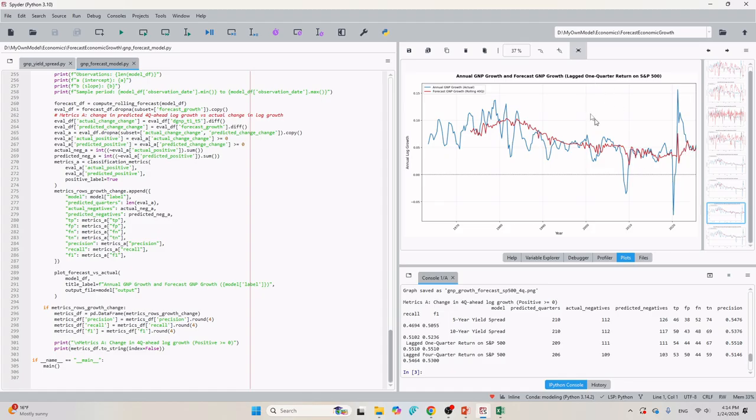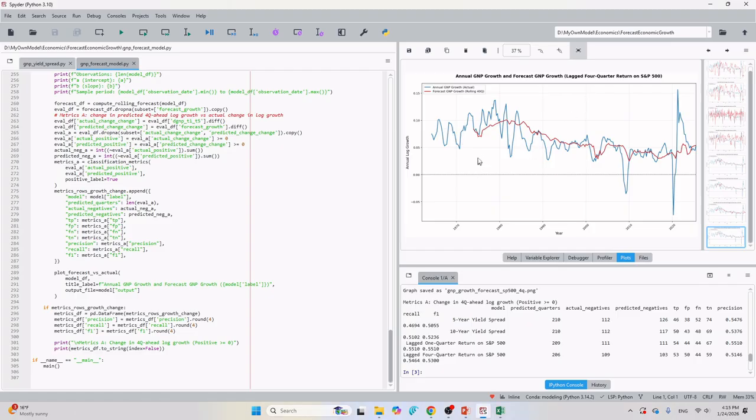And how about the lagged 4 quarter return? You can see this is the lagged 1 quarter, and this is the lagged 4 quarter. Obviously, this is smoother than the lagged 1 quarter return.